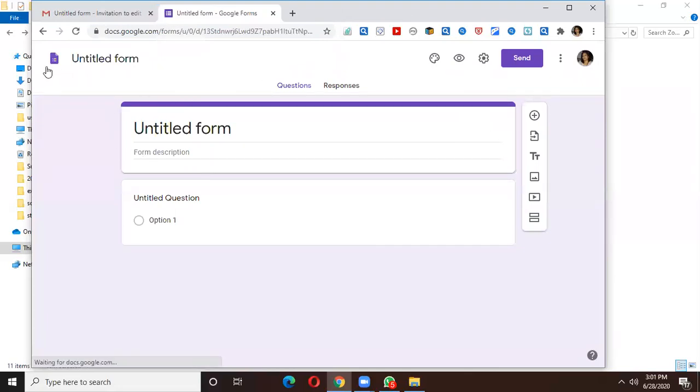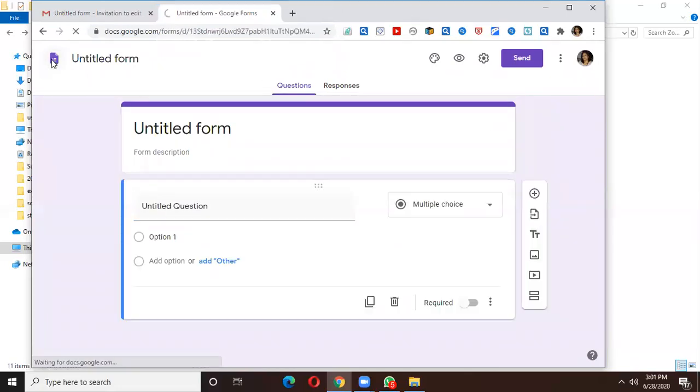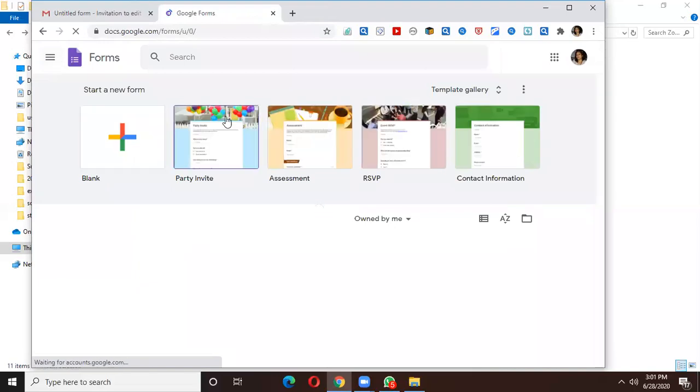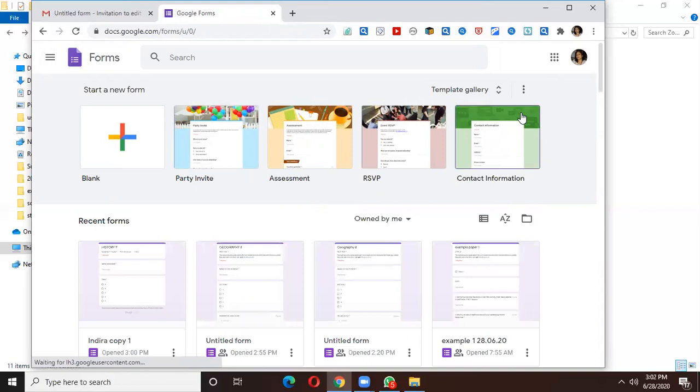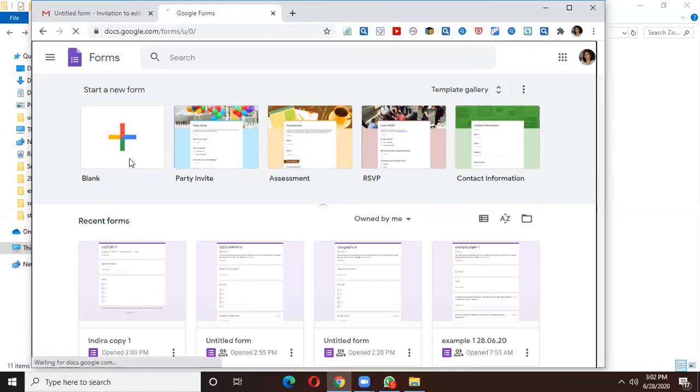You will find the form like this. Now we need to open a blank form. You will open as it is. Suppose if you are unable to open the way I did, you can again go back to the windows, type in Google Forms, go to sign in and again come back to this. Now I will make a new form.